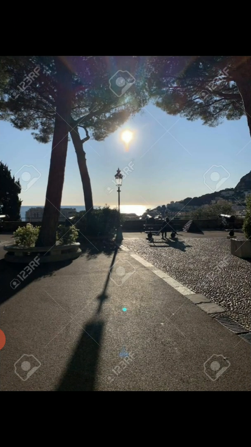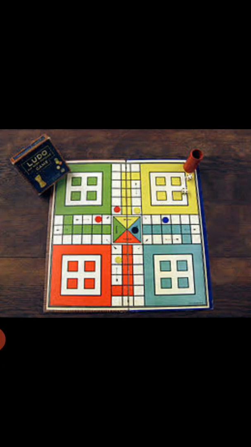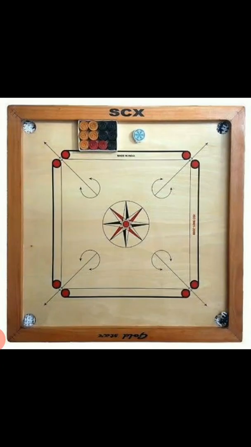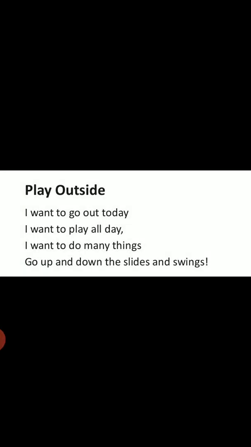Let's talk about today's session. Tell me, do you like to play? Yes. Everybody wants to play? Good. On a sunny day, do you like to go outside? Yes, students. No? Then students play indoor games like Ludo, Carom, etc. Okay, students. Now we are going to start a rhyme.